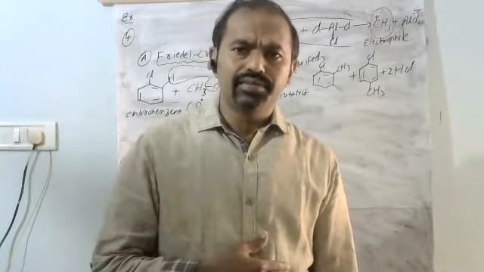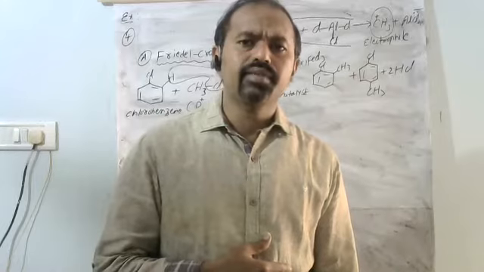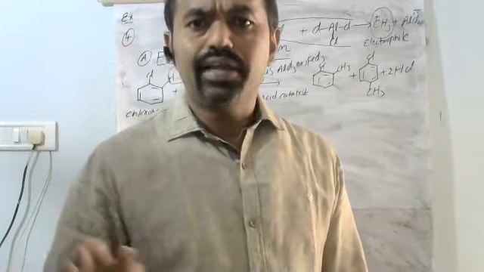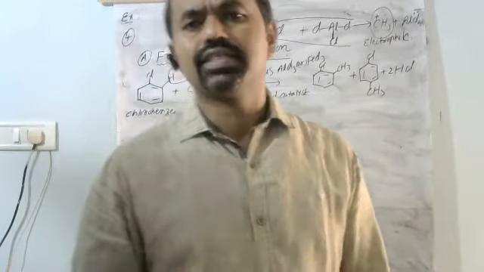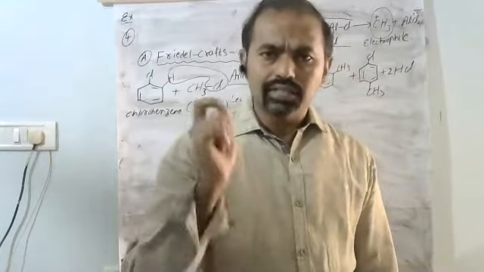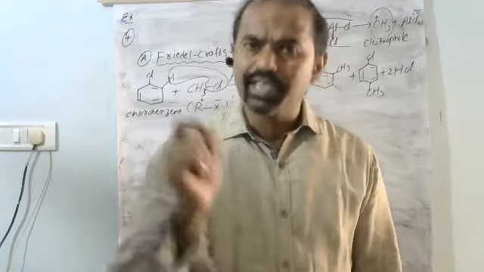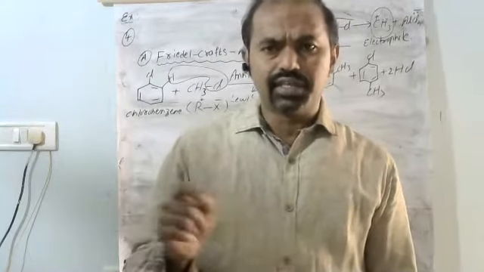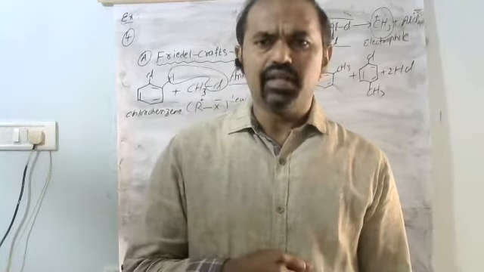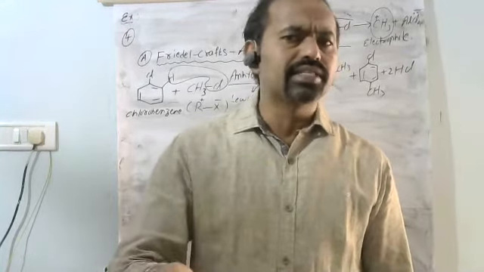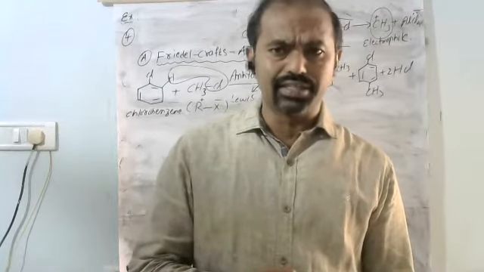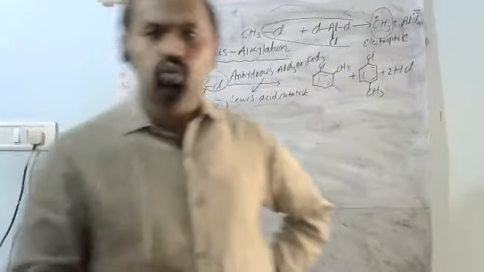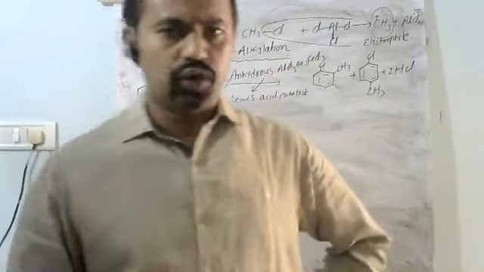Second example given, nitration. Nitration means the given compound reacts with the nitrating mixture, a mixture of concentrated HNO3 and concentrated H2SO4. That mixture is called the nitration mixture. In that nitration mixture, sulfuric acid acts as a catalyst. Otherwise, nitration simply means reacting with concentrated nitric acid. The nitration mixture finally produces the electrophile NO2 plus, that is called the nitronium ion.